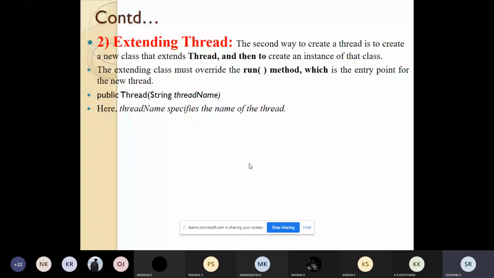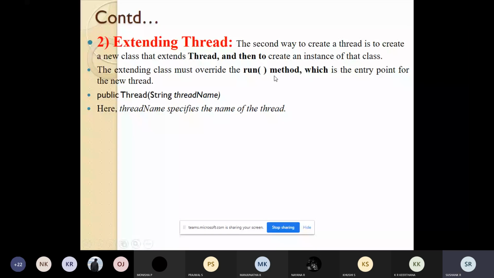Once the object is created, the class which has extended, for example, class demo extends thread, should override the run method, which is the entry point for the new thread.